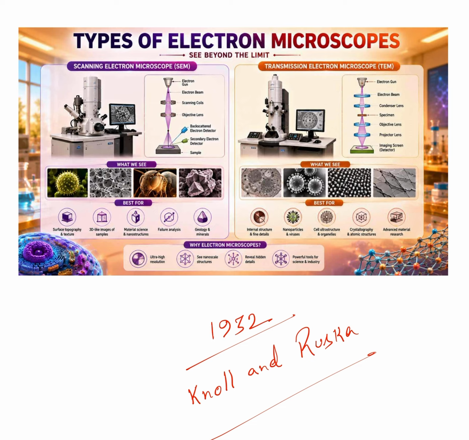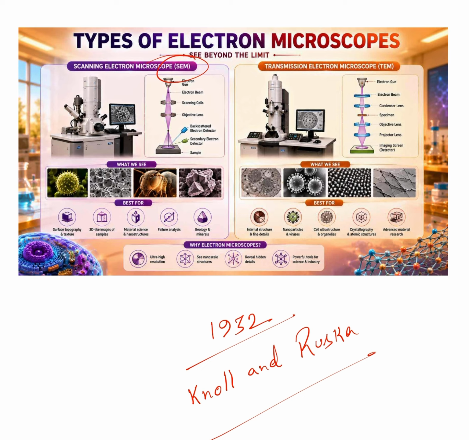Magnification 1 lakh to 5 lakh times. Can you imagine? 1 lakh to 5 lakh times magnification they are giving you. Significantly higher than the previous microscopes we have seen. So now, instead of looking at the cell, they started looking inside at the organelles, their structures, even the atoms are visible. So now it is divided into two parts.